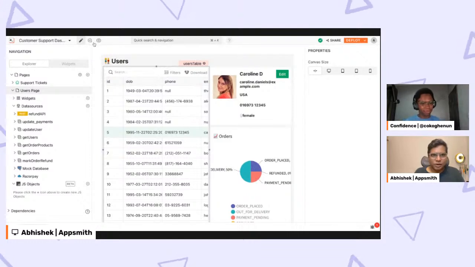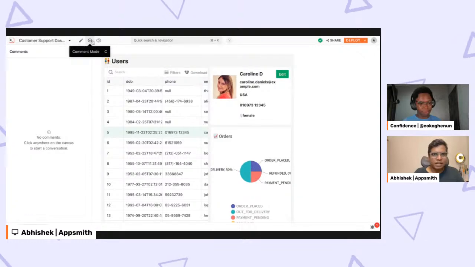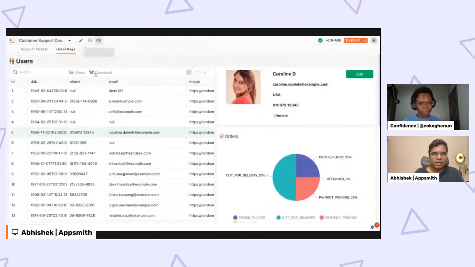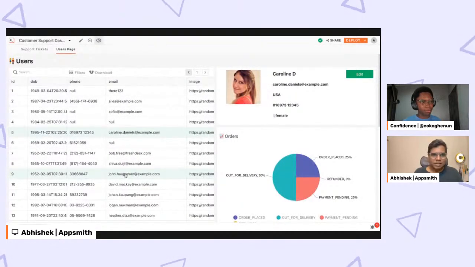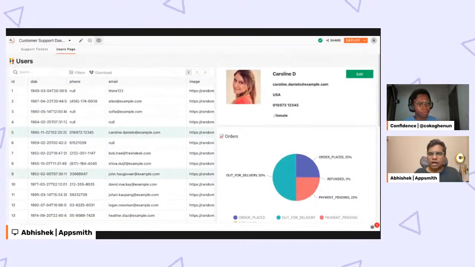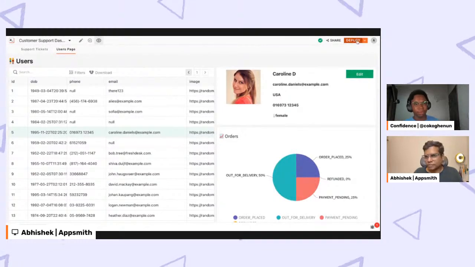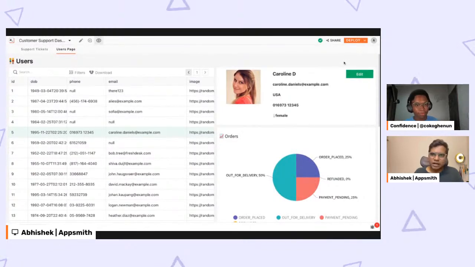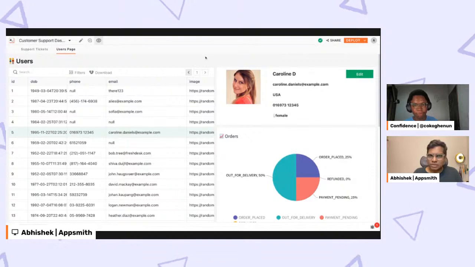Now, if you look at the top, you have the comment, you have the editing mode, you have the comment mode, and then now you have the preview mode. The preview mode is really cool because now you can see exactly how AppSmith apps look before you hit deploy. One of the problems that users complained about was the fact that they can't actually see and interact with